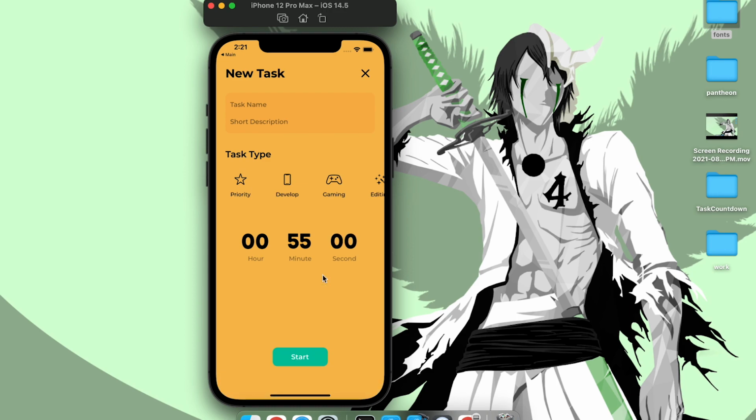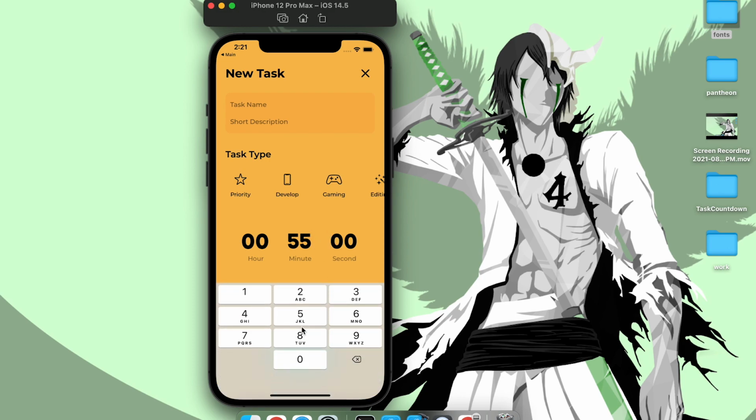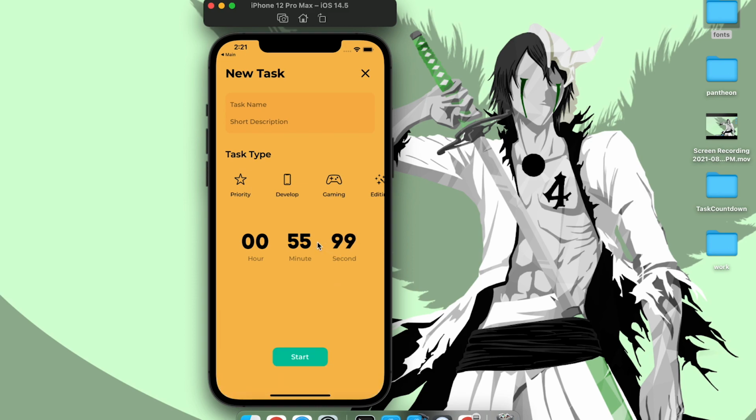Good job so far, guys. Now we'll add the logic to carry over the seconds and the minutes. Suppose if we enter the seconds as 88, then the minutes should increase by 1 and the seconds should become 28. And the same should happen for minutes. If we enter minutes greater than 60, then our hours value should increase by 1 and the remaining value should be reflected in the minutes text field.